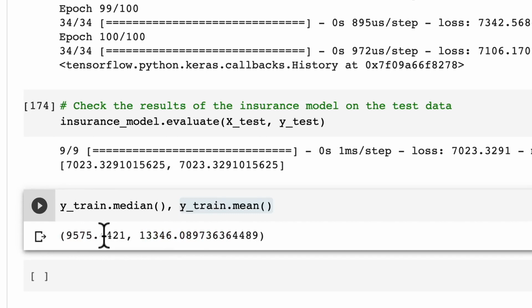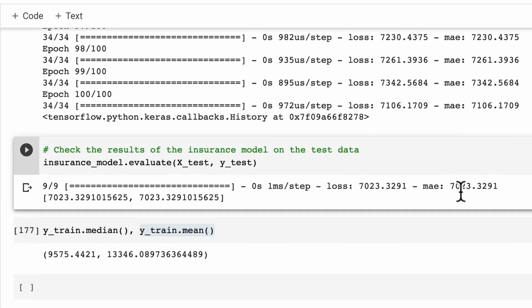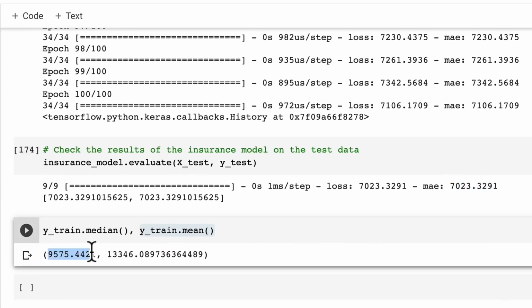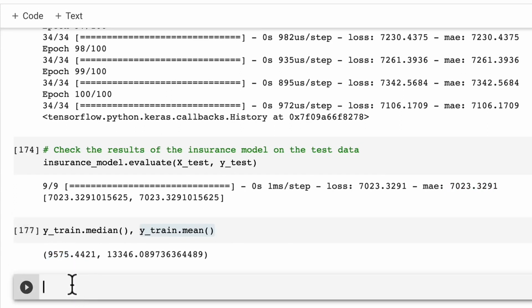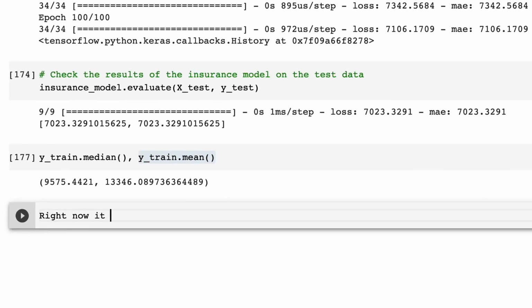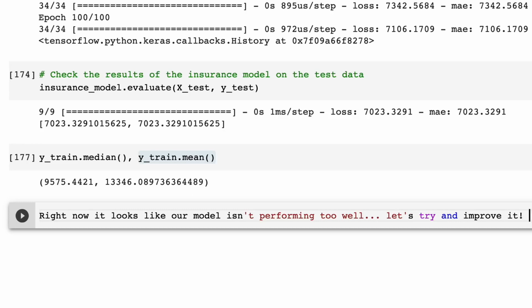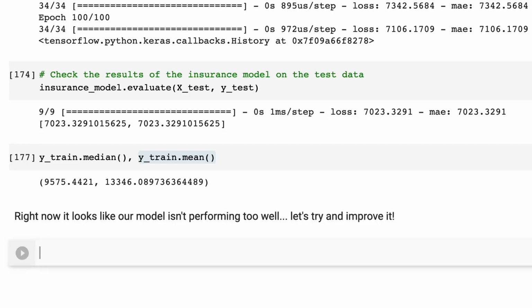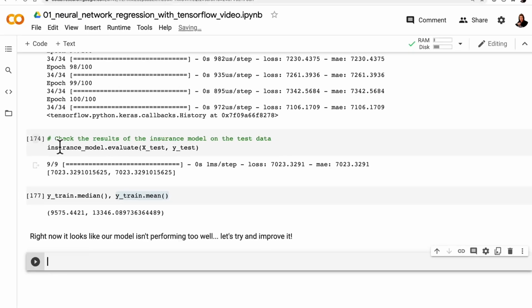It's only 9,500. So if we're off by 7,000 there, we might be charging someone 2,000 when they should be charged 9,500. So naturally, what might we want to do? If you guessed improve our model, you'd be 100% correct. Right now, it looks like our model isn't performing too well. Let's try and improve it. So we're going to start to run some experiments to improve our model. But before I do,